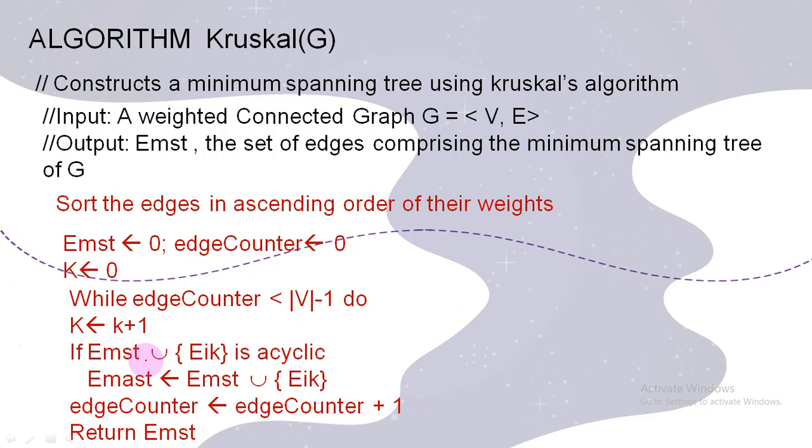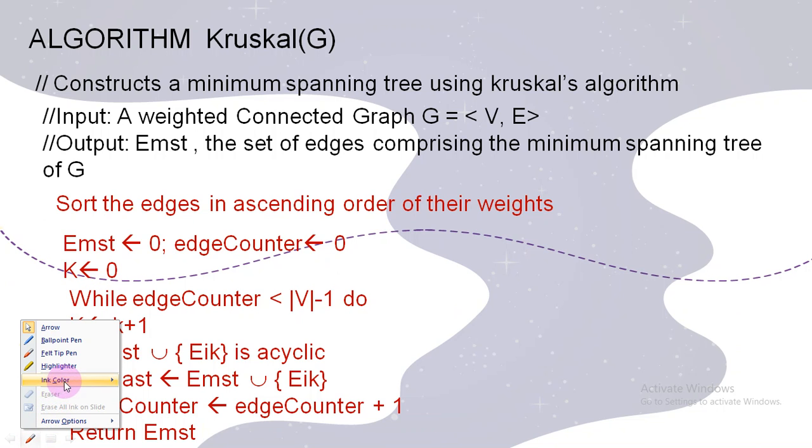If EMST union EIK, the first edge, k equal to k plus 1, k is 0. The first edge is to be selected anyway, so this is the first edge. That is, if EMST union EIK is acyclic, then EMST equal to EMST union EIK. So EIK is unioned with this particular set. Now EMST consists of EIK,